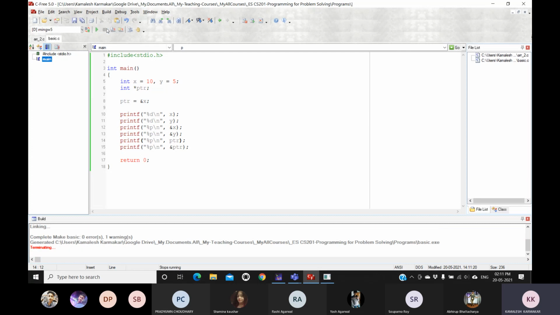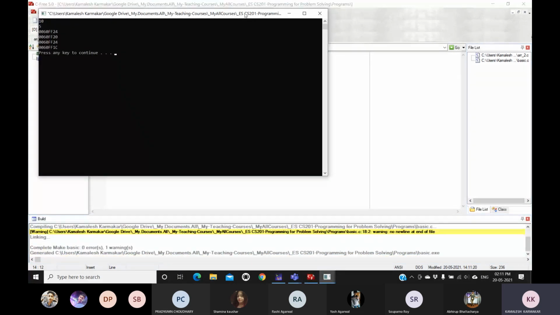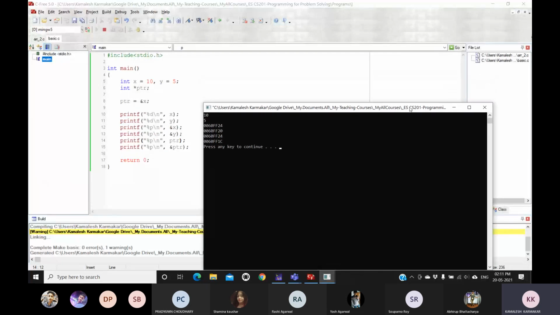If I run this program, let us check whether this PTR variable is pointing to the same location or not. So x equals 10, y equals 5, the address of x is 24, and the address of y is 20. Now the value of PTR is the same as the address of x.